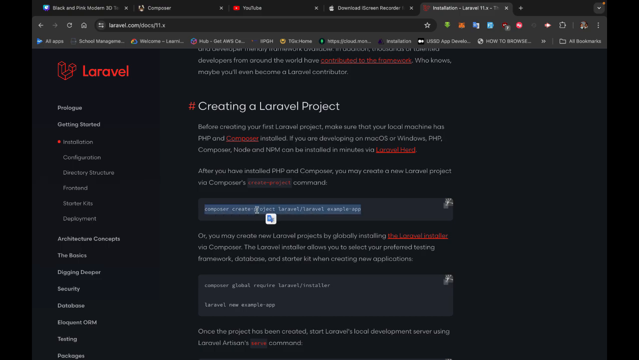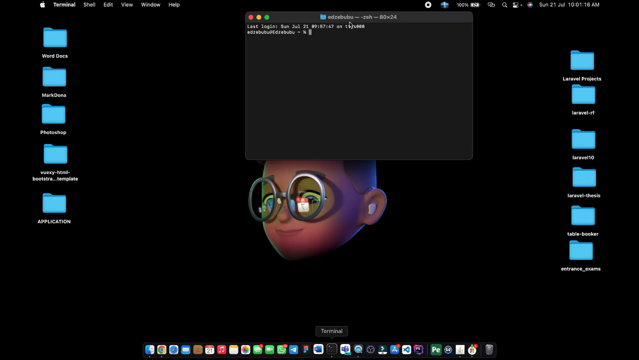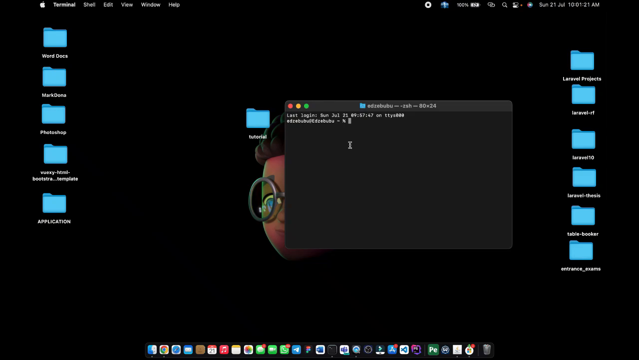So copy this code, and we come back to our terminal. So let me just open a new terminal. Then change directory to the folder in which I wanted us to create the project. So in this case, it's my tutorial folder. Then I'll type composer create project